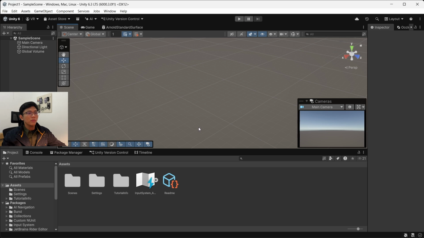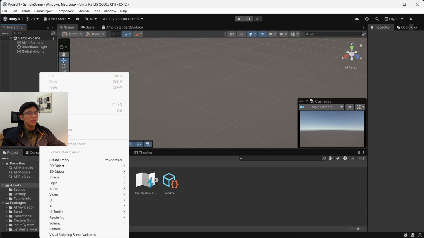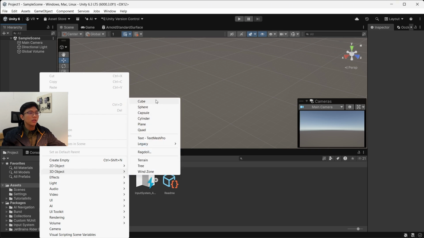There are many menu options available, but this time we will focus on 3D Object. We choose 3D Object, and here we can see various objects. Cube is a box-shaped object that is often used for buildings, walls, or basic objects. Sphere is a ball-shaped object commonly used for special objects or ball simulation.